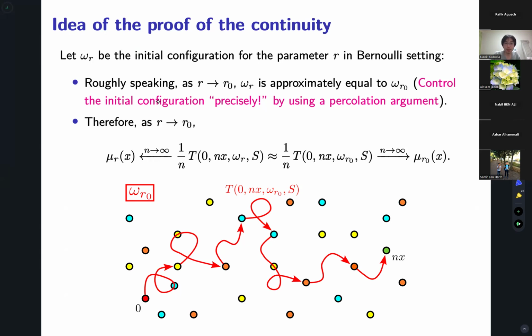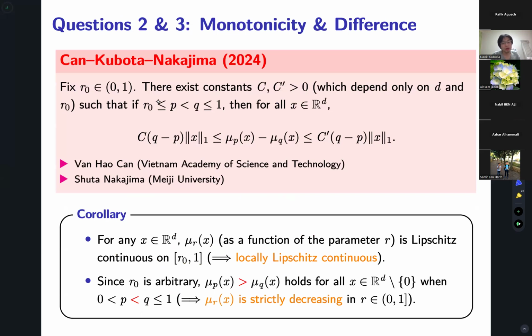Okay, let's go to the second and third questions. The second question is strict monotonicity, and the third is a difference between the time constant in parameter R. So we can get the following result. First we fix R0. There exist constants C and C prime, which depend on the dimension of the lattice D and the fixed parameter R0, such that